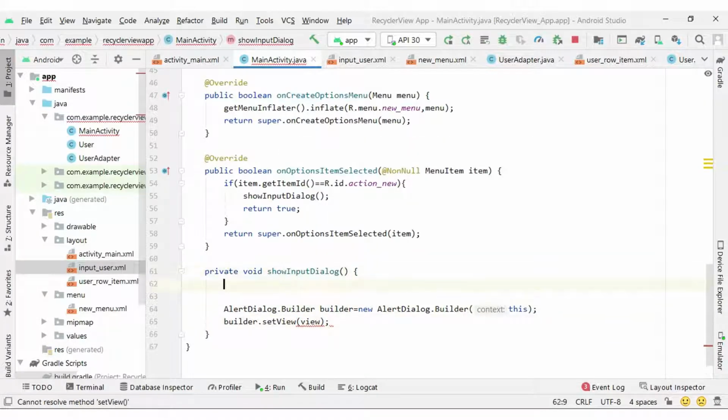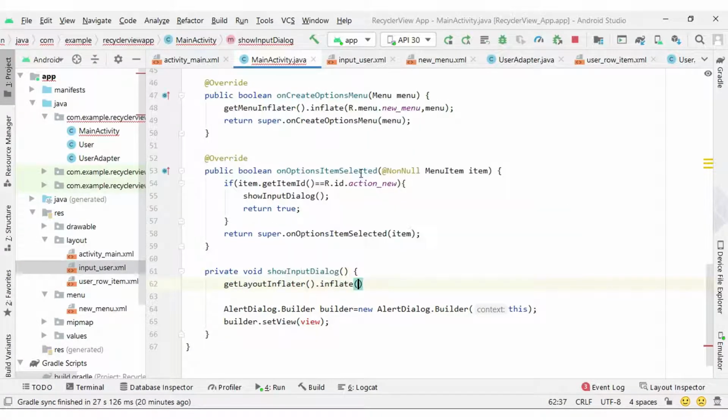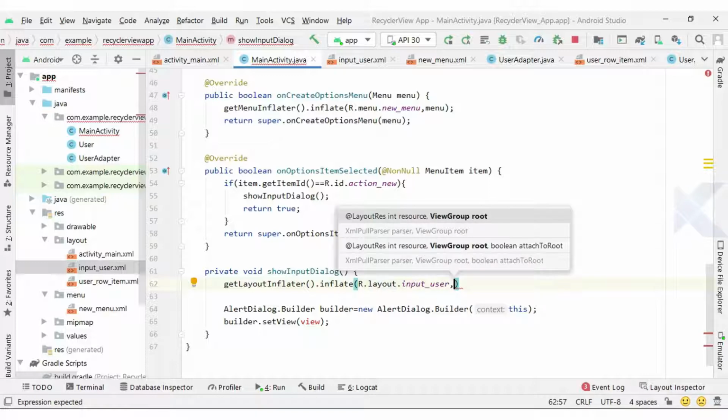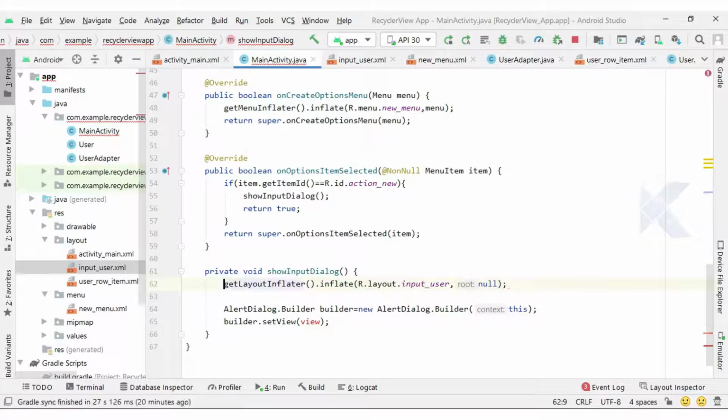We can create that here: LayoutInflater.from(this).inflate(R.layout.input_user, null). The view group we do not have, so we can pass null right now, and it will return the view. That view I want to display here with our builder, builder.setView.